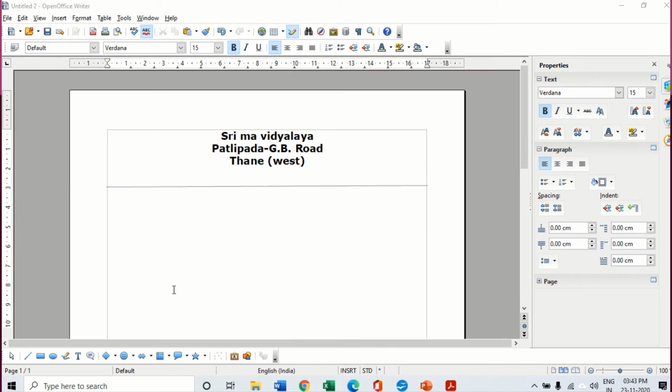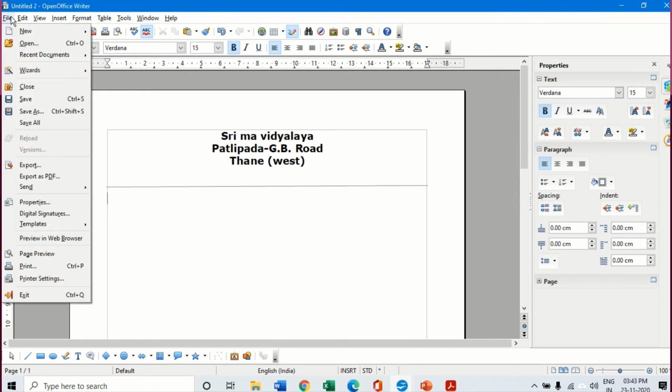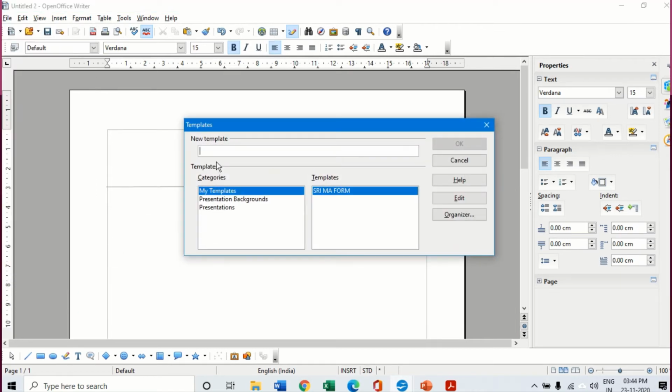Now let us understand how to create a template as a default document. Here I have a document with the name of the school and a line drawn using this. I want to create this as my template, and whenever I open a file, this should be my default template. So first of all, I am going to save this template. I click on templates, click on save, and I'm going to give a name to this document in my documents itself. Let's take default doc. This is the name I'm going to give to my template, and I'm going to say okay.